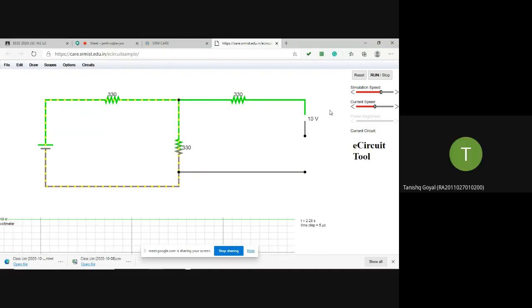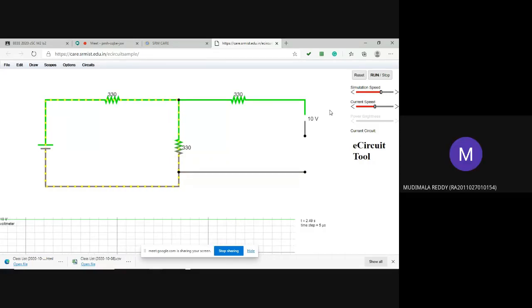Ma'am, when I copy and paste it copies some link and not this circuit. Otherwise, you press the print screen. Okay, press print screen. I think there is a problem in copying and pasting. Otherwise, you press the print screen and give Control V. Okay, ma'am. You understood? How to get print screen that you give.